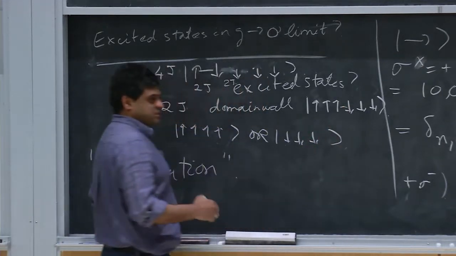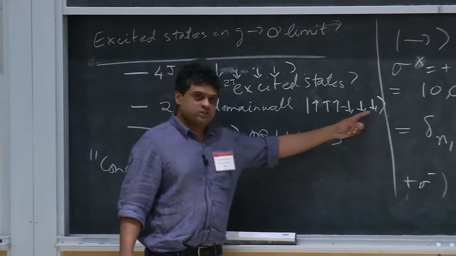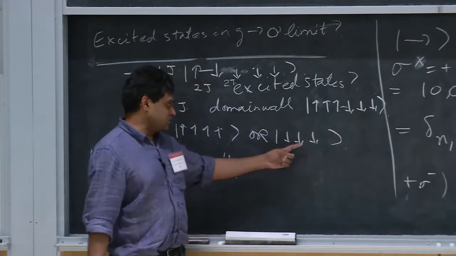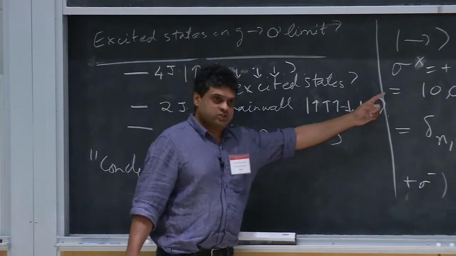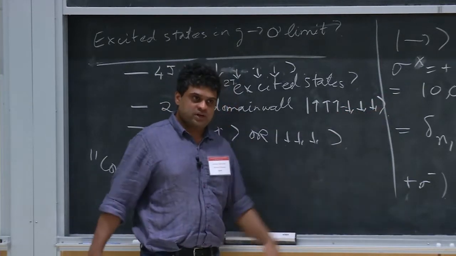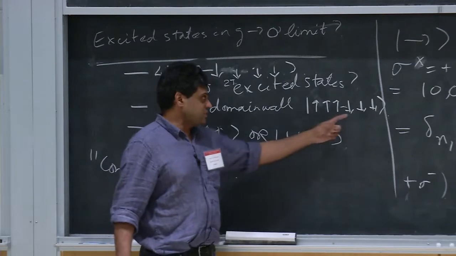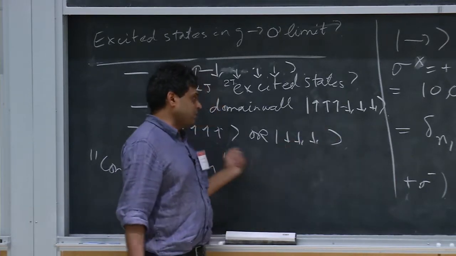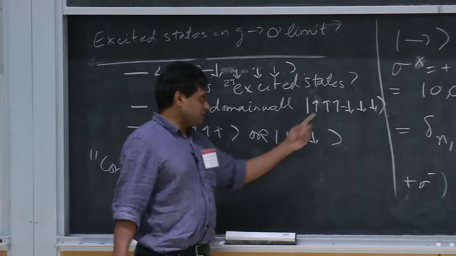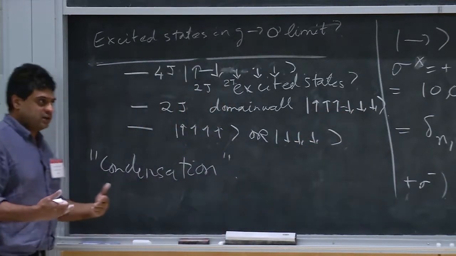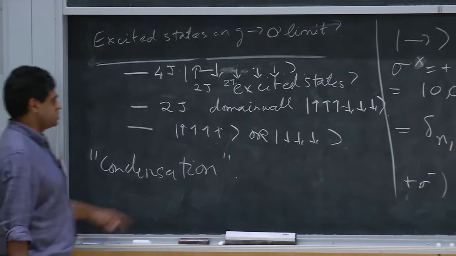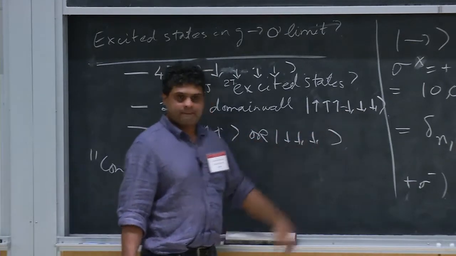If you did not have the symmetry, this would be an extremely high energy state. If this was, let's say, a slightly higher energy than this one, then for every site you're going to pay an extra energy cost that's going to grow as you make your system bigger. The reason this is a low energy state is very crucially dependent on having the symmetry. That this and that taken by itself are ground states, and it's only when they meet that you get an energy cost which is 2 times J.